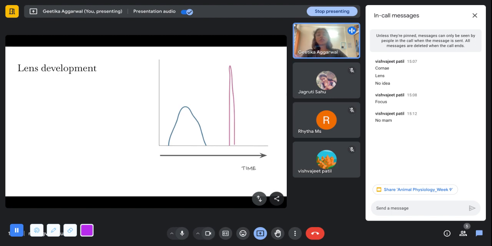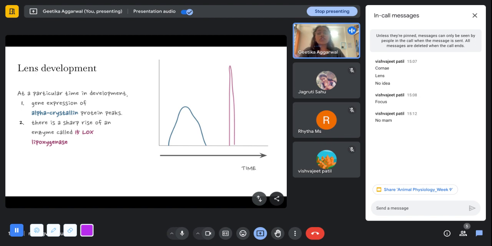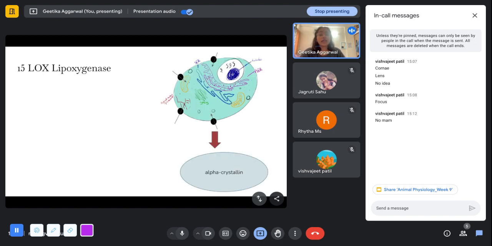So okay, basically during the lens development, there are these two proteins. One of them is the gene expression of alpha crystallin proteins. So the one on the left is alpha crystallin, and the production of this protein peaks, there is a lot of production of alpha crystallin. And after that, there is a sharp rise in the enzyme called 15-LOX lipoxygenase. So, after alpha crystallin has been produced in large quantities, there is a sudden peak in the production of 15-LOX lipoxygenase. And as the name suggests, lipoxygenase is an enzyme